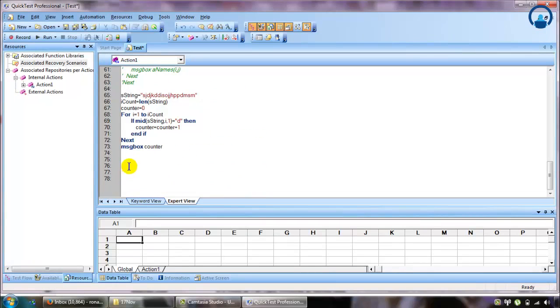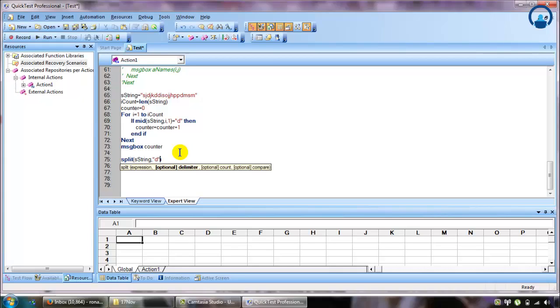Now if you are appearing for an interview, they can ask you for some other approach, like they can ask you to not use mid function. So what will you do in that case? So I'll show you the other approach without using the mid function, how you can compare. So what we'll do is, now you can find the count of the string D in your string. What I'll do is, I will split my string, okay,